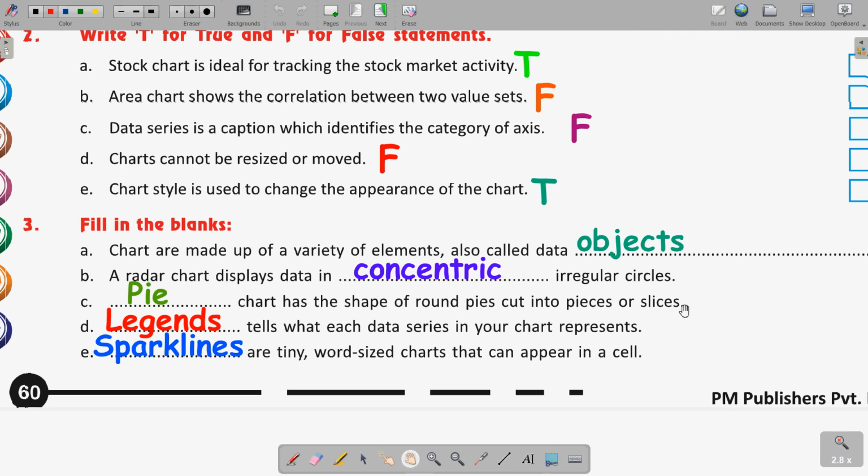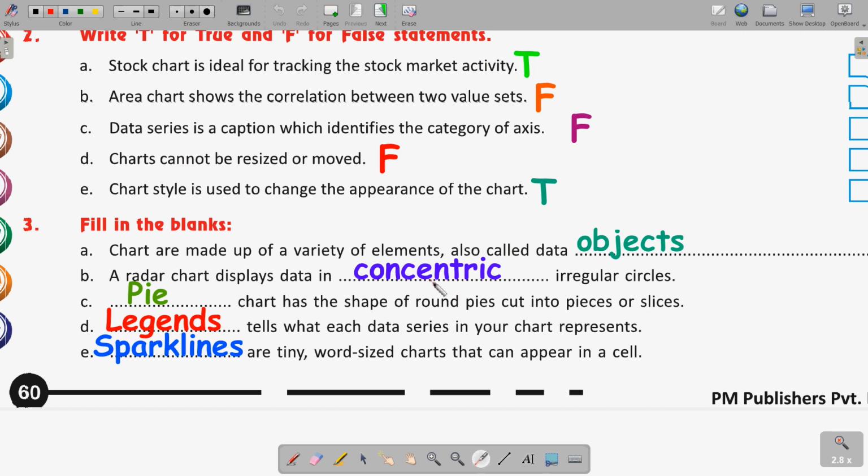So what it is talking about, let us see. Question number 3A, charts are made up of a variety of elements also called as. So whatever items or elements we use for making the chart, they are called data objects. Clear? These elements are called data objects.